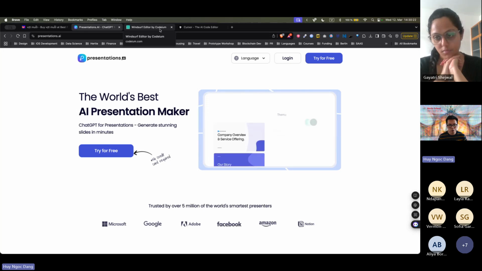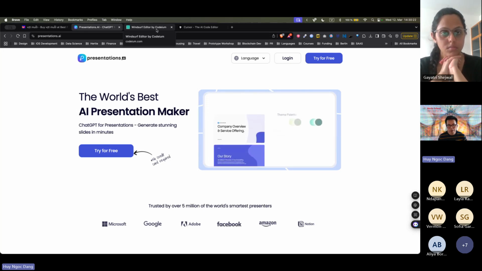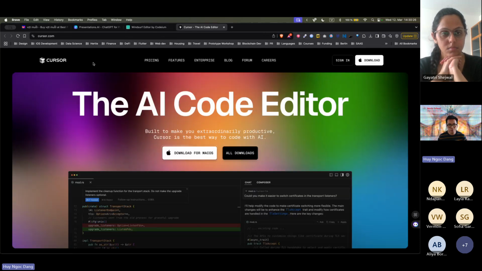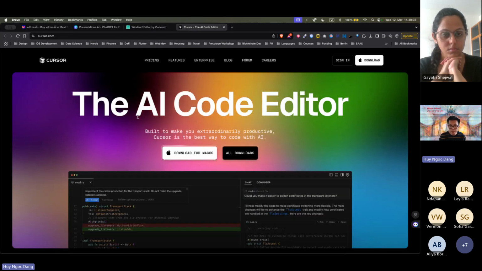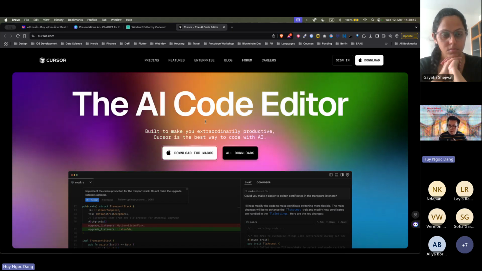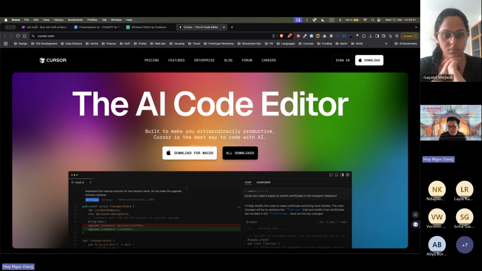And then for coding, there are two main tools that I can recommend. One is cursor.ai. The second is Windsurf, from Codium. Both these tools are basically native AI coding editors. What it means is that I think everyone is familiar with Visual Studio Code, and there's an AI integrated component for Visual Studio Code, but the AI integrated component is an add-on, right? So it's not something that is integrated natively into the editor.